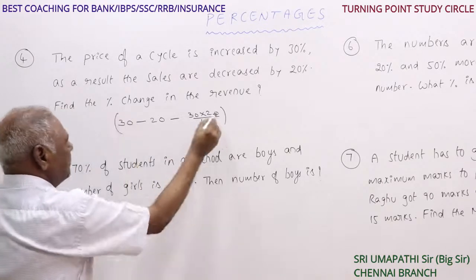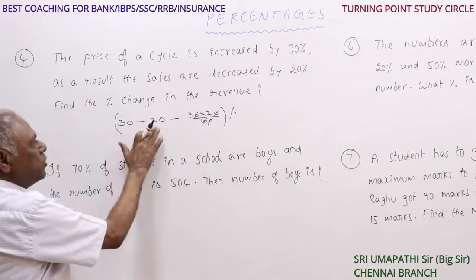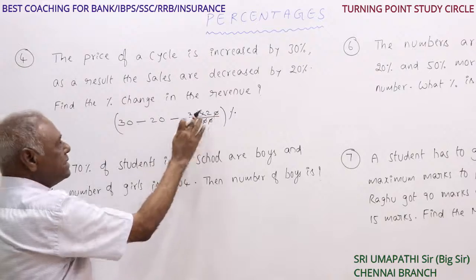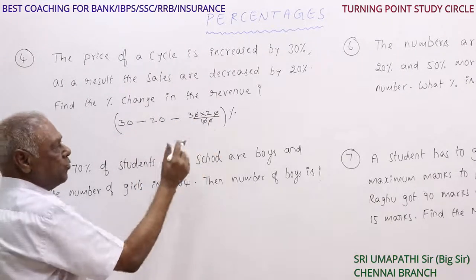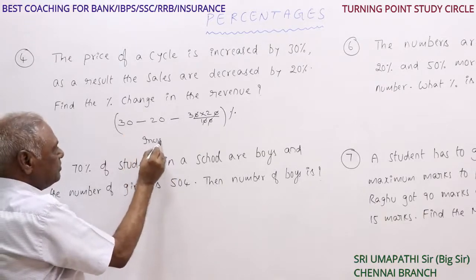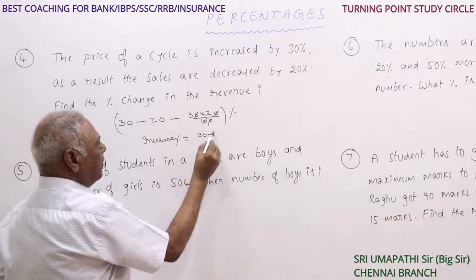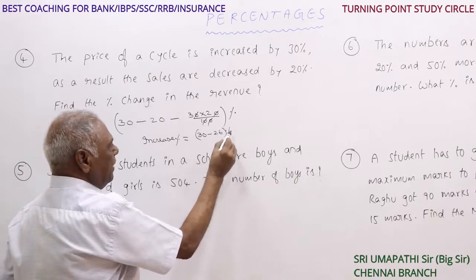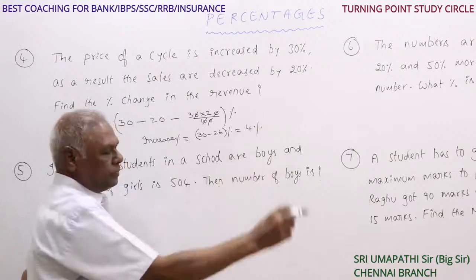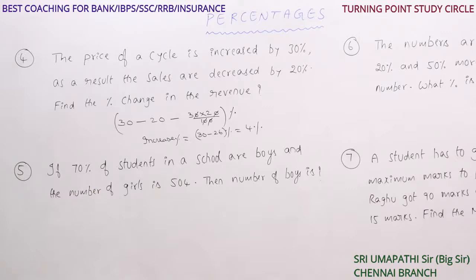So this is the percentage. Here 2 zeros get cancelled. So 30 minus 20 minus 6, so 30 minus 26, it is 4%. As it is a plus sign, it is an increase. So increase percentage is equal to 30 minus 26, hence it is equal to 4%. Because it is a positive sign, hence it is equal to 4%. So x plus y plus xy by 100. So for increase plus sign, for decrease negative sign, minus sign.